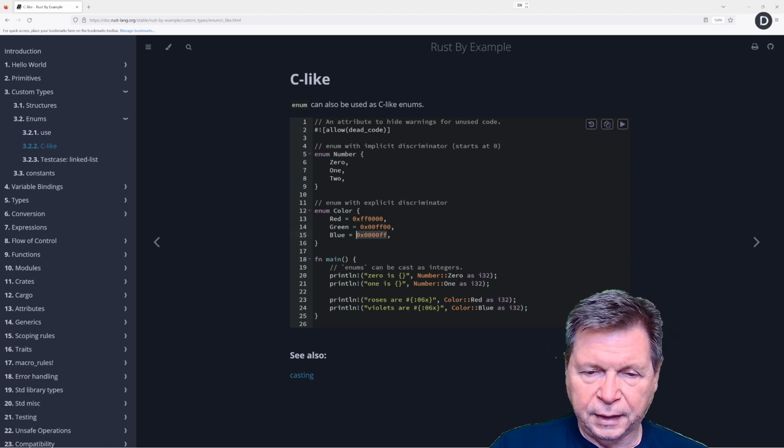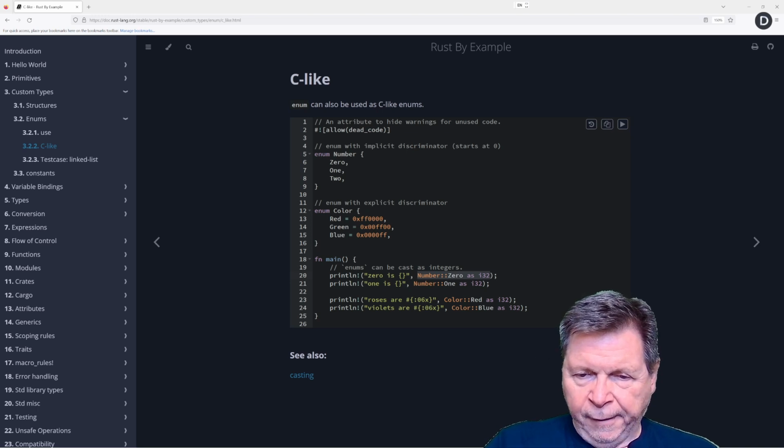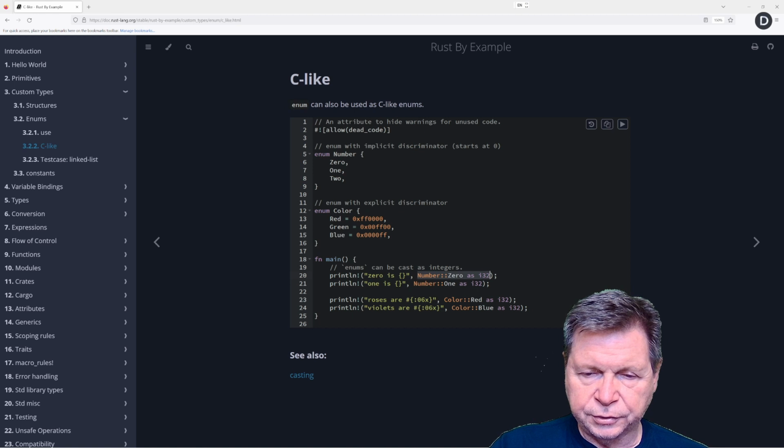And then, this is like number 0 as i32, and then you can do roses are color red as i32, shown in hex. Okay. All right. Again, nothing really too spectacular here, but that's basically it. So this "as" thing, we haven't used